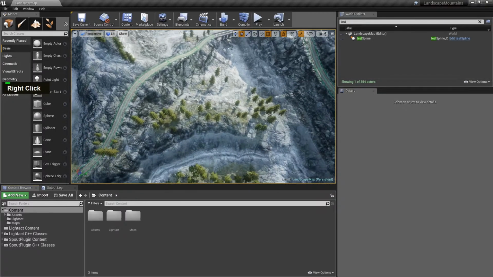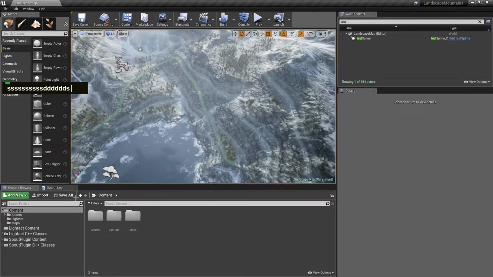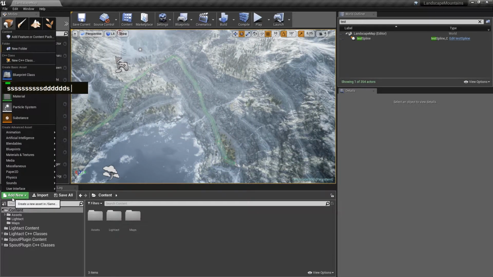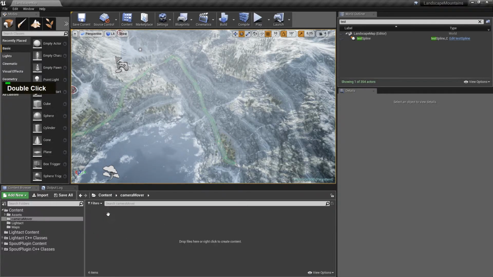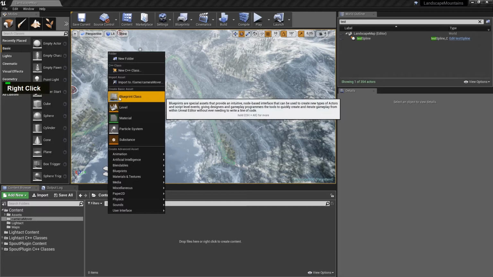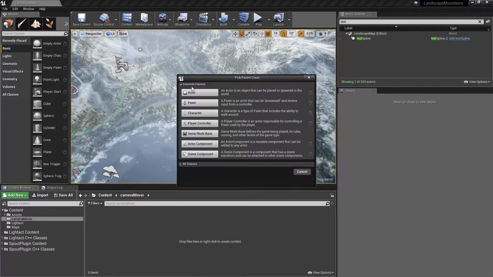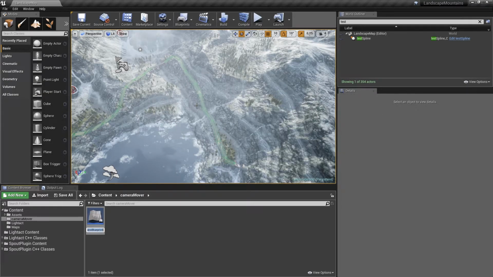Okay, here we are. So what we'll create is a new folder, and let's type it spline or maybe camera mover, and double click it, and in here we'll just create a new actor, a very simple actor called camera mover. Great, and we'll double click it to open it,